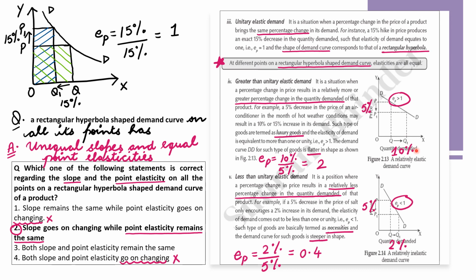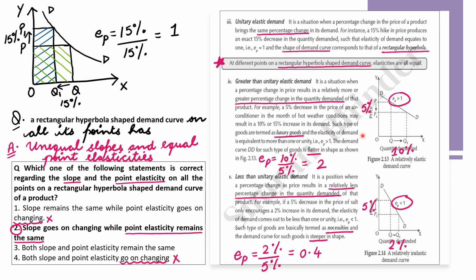It's just an example. So because of this, we can calculate price elasticity of demand like this. In the numerator, what you have to mention is percentage change in quantity demanded. Here in this example, it is 10% and percentage change in price of air conditioners is just 5%. So when we solve this, what we get is 2. So what is 2? 2 represents elasticity greater than 1, or we can also call it greater than unitary elastic demand. I hope this is clear.